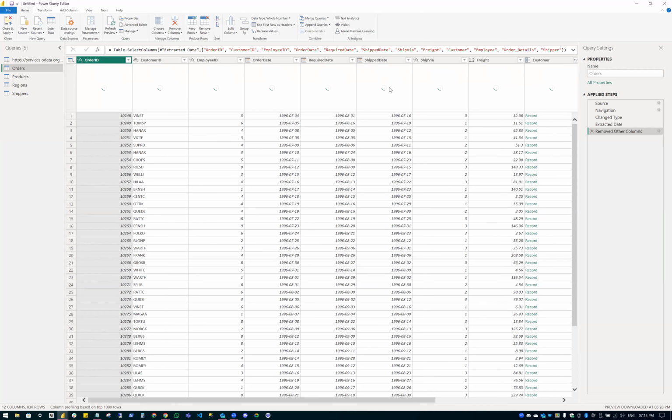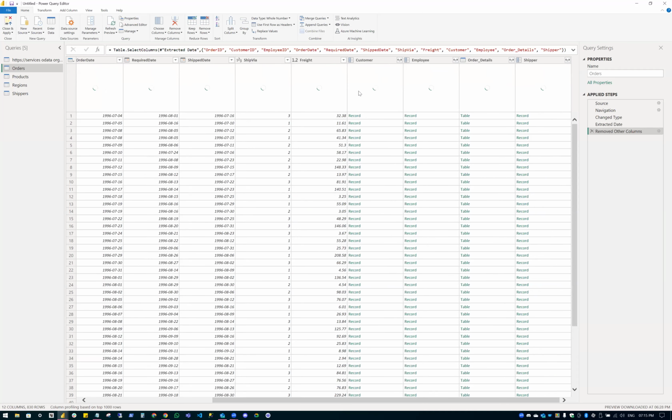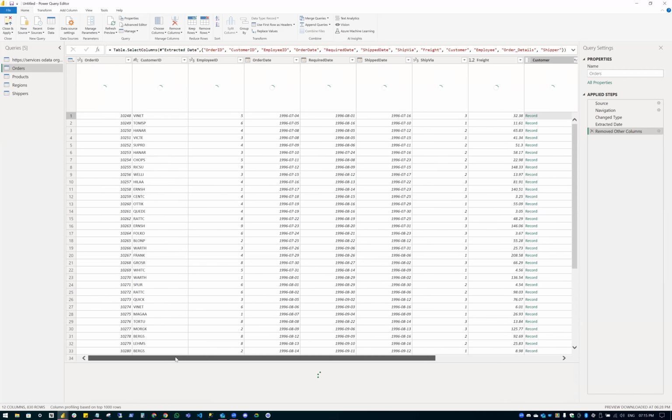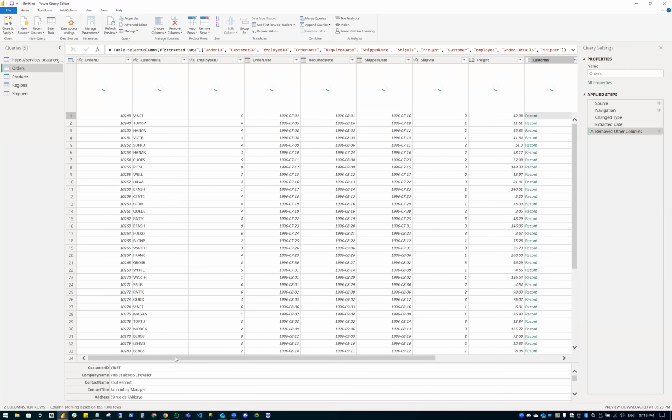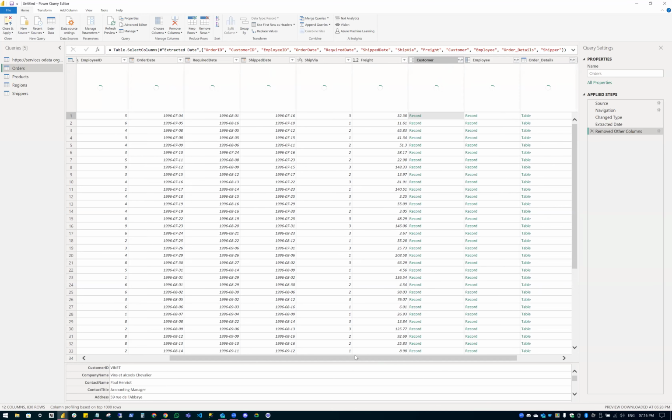Please don't ask me about these matching columns, these relationship columns that come from the database. It's because we're connected to some kind of relational data, something that is structured. So that's why it can sense that the customer table is joined to this other table, the employee table, but don't